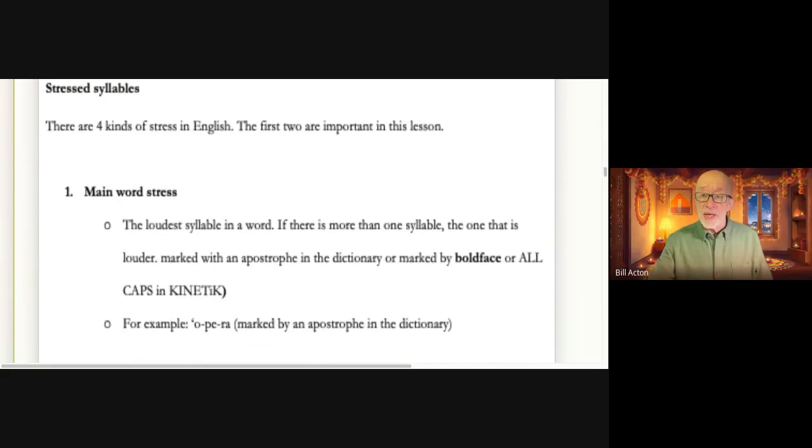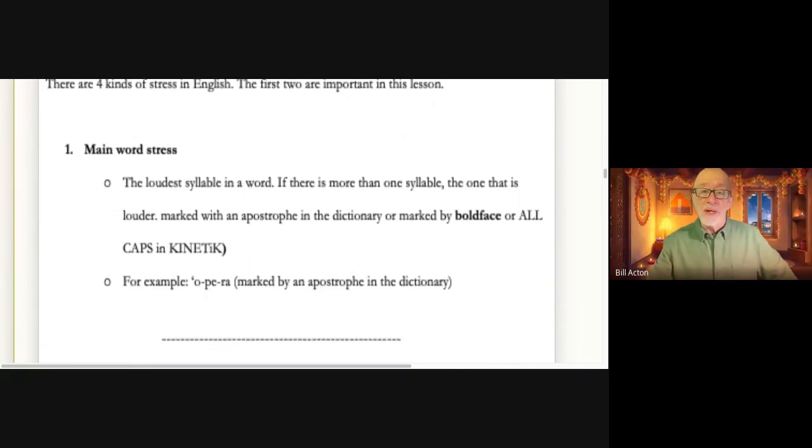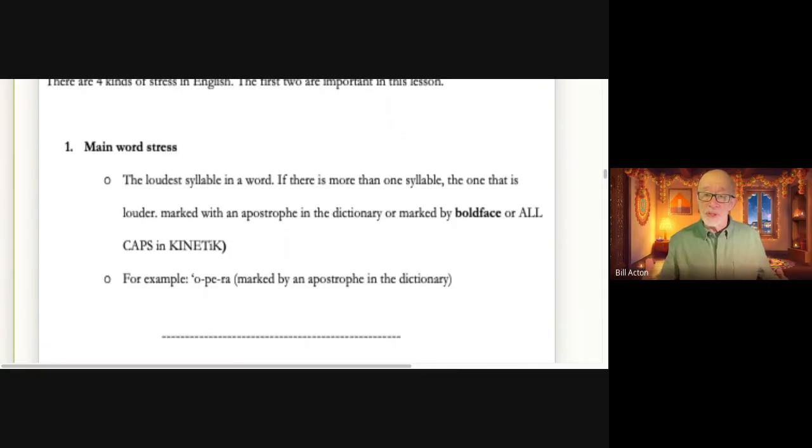I mentioned stress. We talked about stress in module 1. And again, the idea here is, you can read this. In every word, one syllable has more energy and is louder, it has more volume. And in the system, sometimes they'll be in boldface, sometimes all caps, sometimes not. Sometimes there'll just be a number underneath the word, like you saw in the